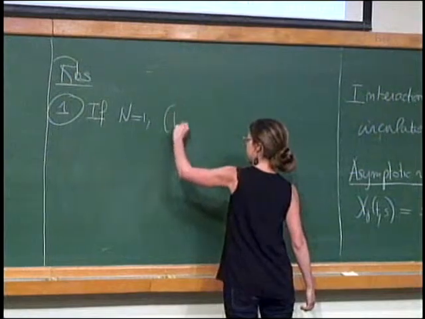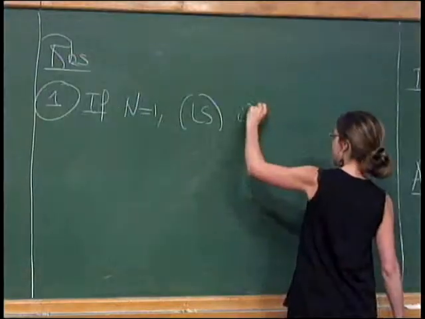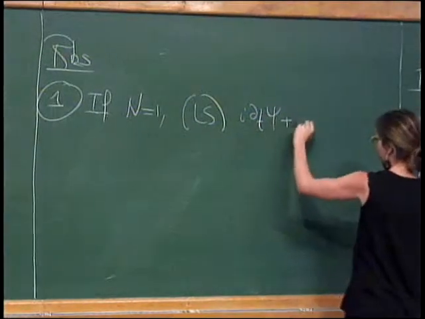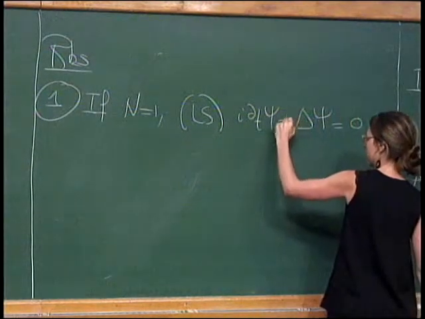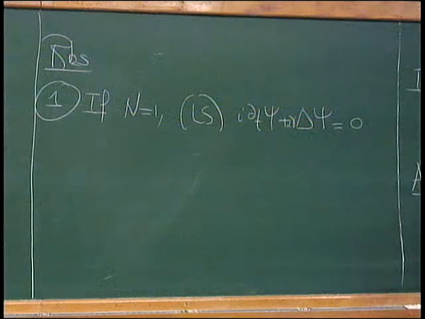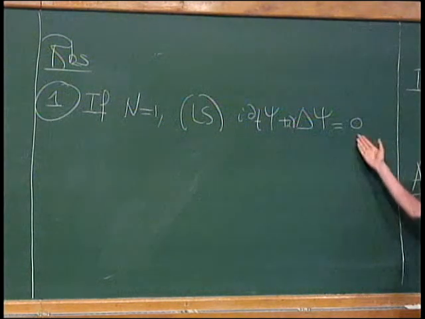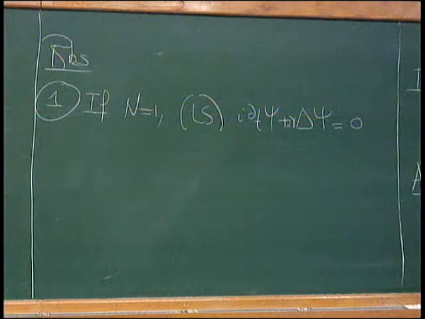So this is LS, i dt psi plus Laplacian of psi equals 0, or gamma, if you want. Okay, anyway. So this is an equation, a dispersive equation, which comes actually from the linearization of another equation which